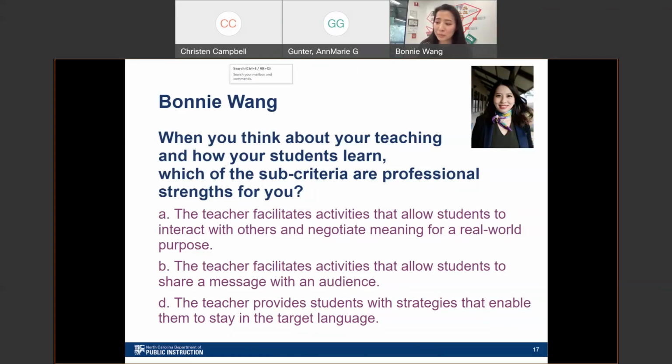So for example, the real world purpose, the real world situation, is communication based, it's not grammar based. That means memorizing the conjugation is not so communication based. It's not going to happen in the real world that a native speaker comes to one of our students and asks, hey, how do you say the past tense of this word? Or where do you put this in the sentence? Or how do you fill in the blanks of this sentence? Those are not going to happen in the real world.